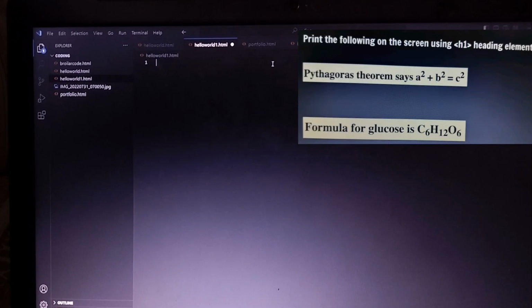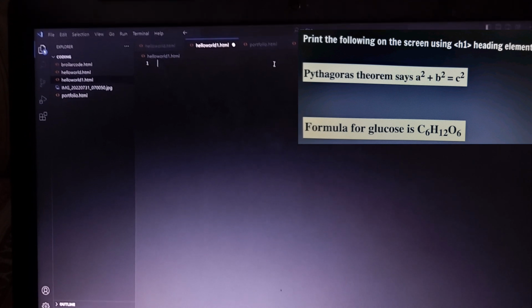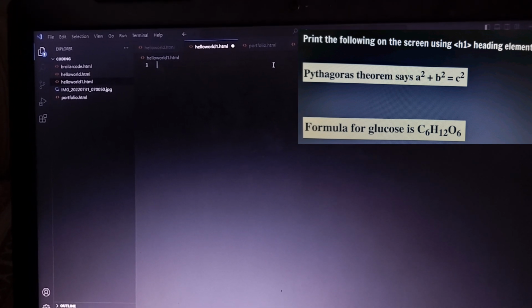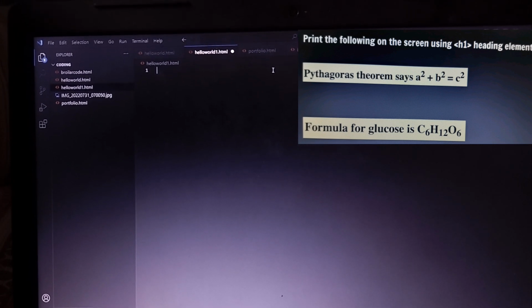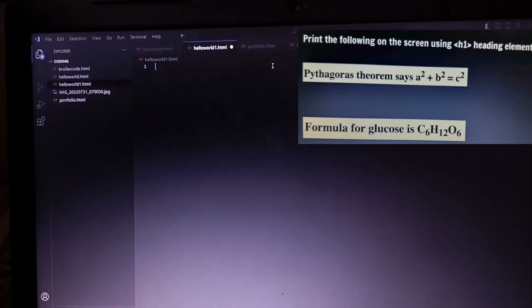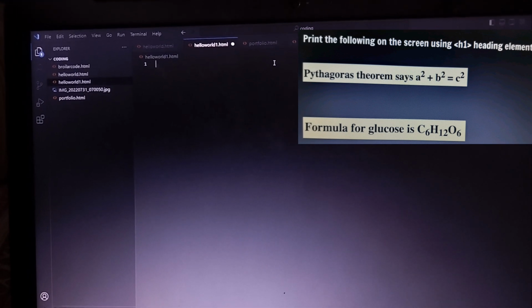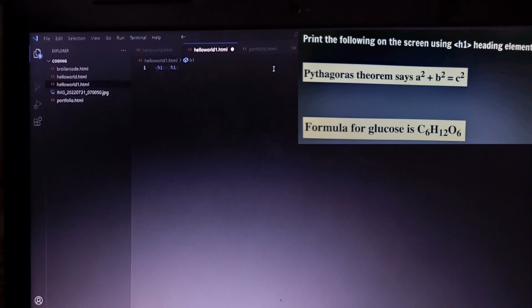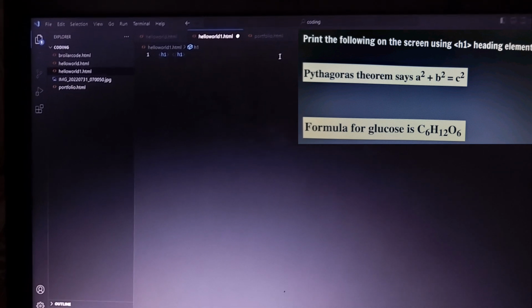So guys, let's just jump into the demo. और हमारे पास है question on the screen. We have to write Pythagoras theorem says a square plus b square is equal to c square, and we have also been mentioned कि हमें अपना जो ये लिखना है that has to be in h1 heading form. So let's just start. h1 tag आया हमारे पास, and then we have to write